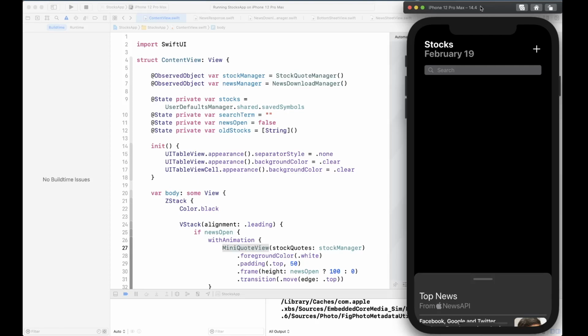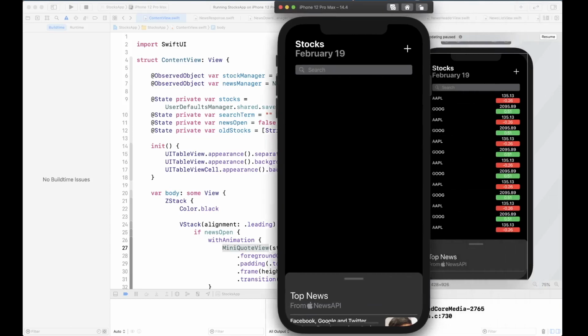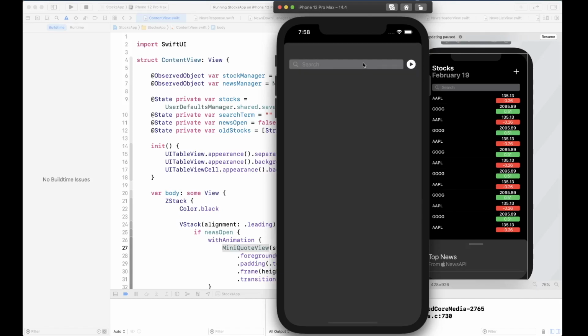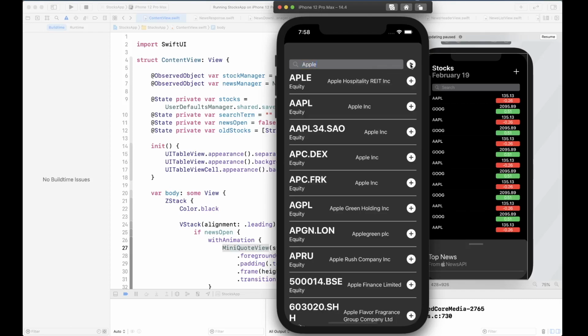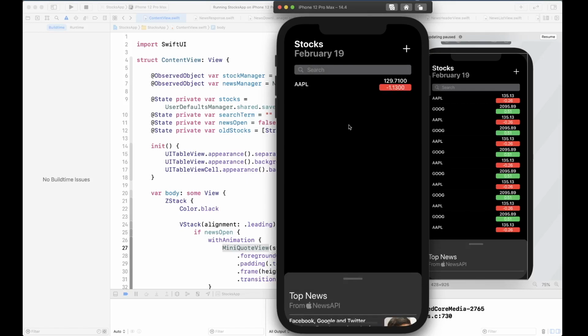So it's now launched inside our simulator, and the first thing you're gonna do is click on this plus button, and I'm gonna search for Apple, maybe. Okay, so APLE is Apple Hospitality, AAPL is Apple Inc. So I'm gonna click plus on that and dismiss, and there we go.